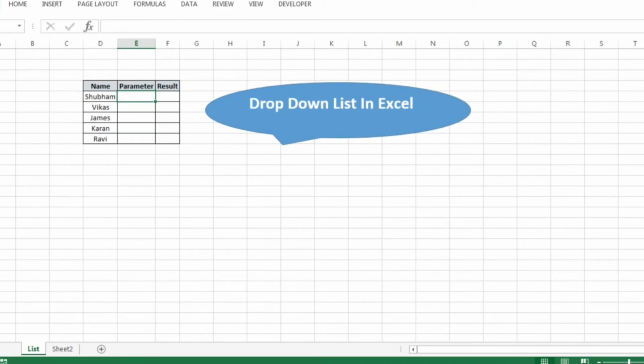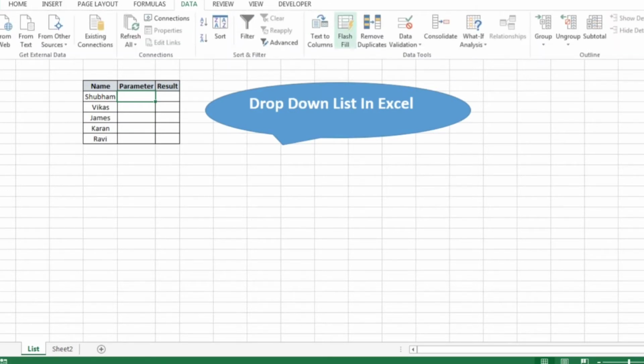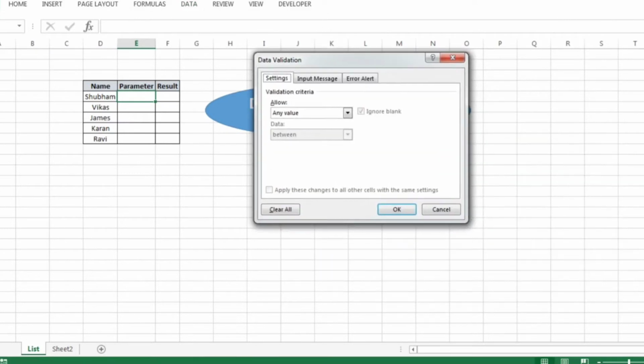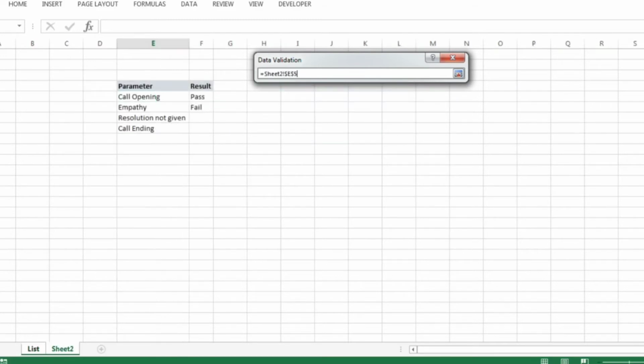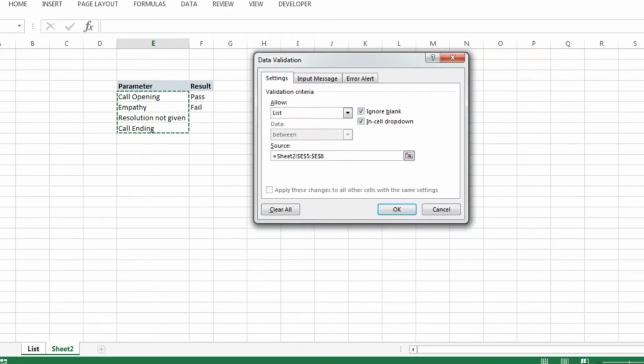Just go to this column, go to data, go to data validation, click on data validation, then we'll go to list, then we will select this source, click on source, go to sheet 2, select just the parameters you want in the drop down list. Okay, and it will be selected from 5 to 8, enter.